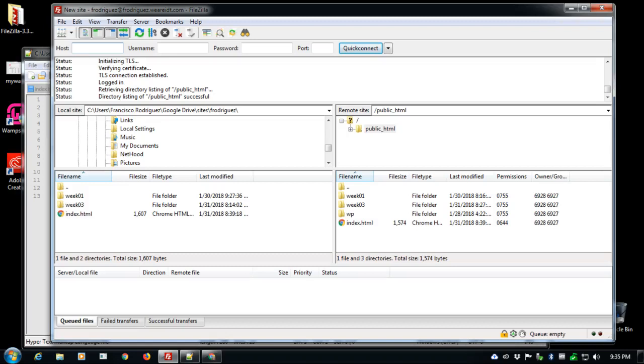Okay, so far we have the basic skeleton structure of this website done. It's a very small website. It only consists of our index page up front and a couple of pages that we put together and loaded inside of week 3. Here locally we have my interests and my favorite song, and those are already saved and ready to go.